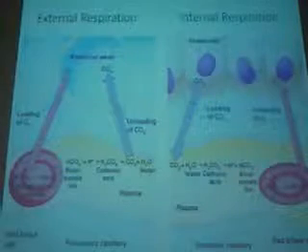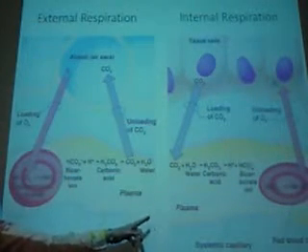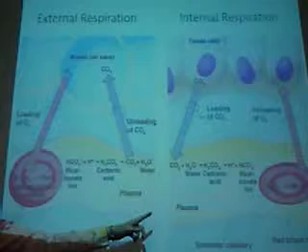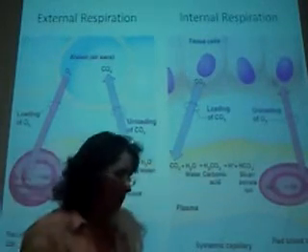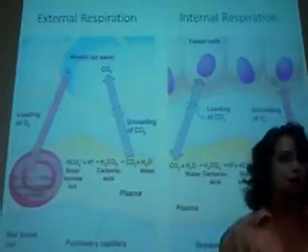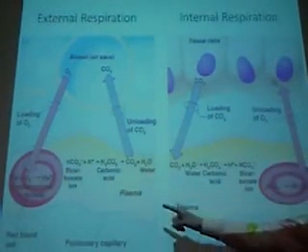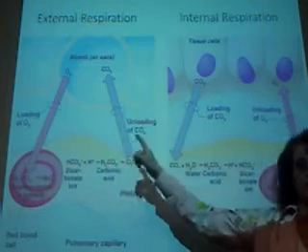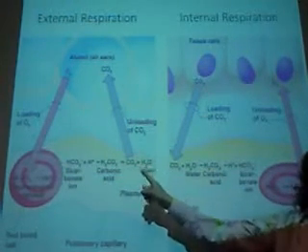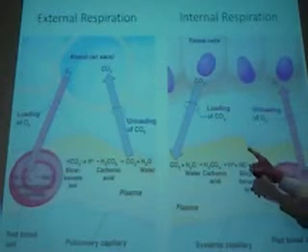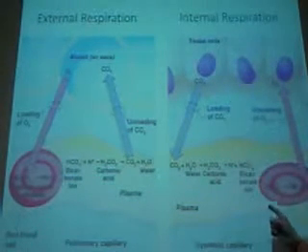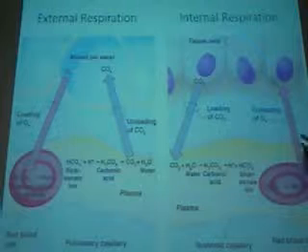So we are now doing internal respiration. This is the gas exchange that occurs with your body cells and tissues. Notice this time we're going to flip-flop the movement of those gases. In the lungs, we were loading oxygen and unloading carbon dioxide. But notice here in the internal respiration, we're loading CO2 into the bloodstream while we're unloading oxygen out into the